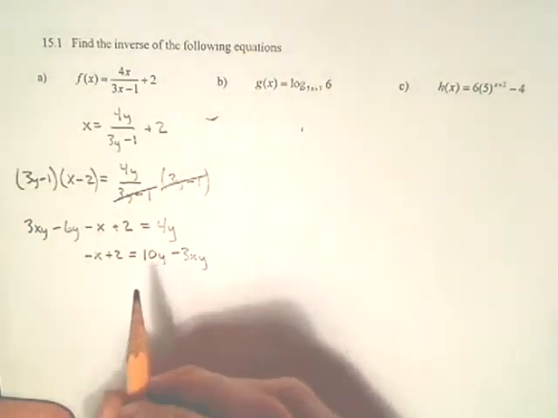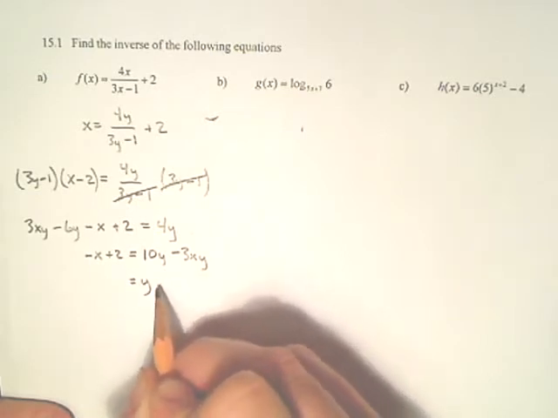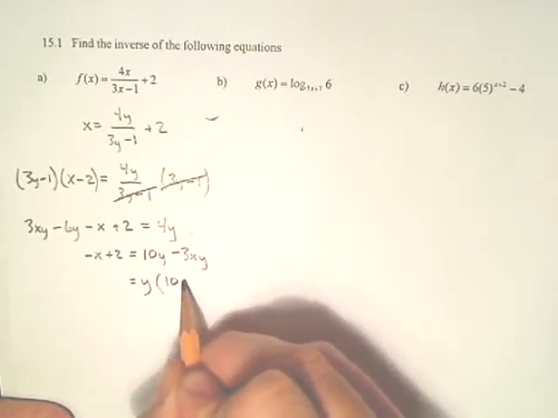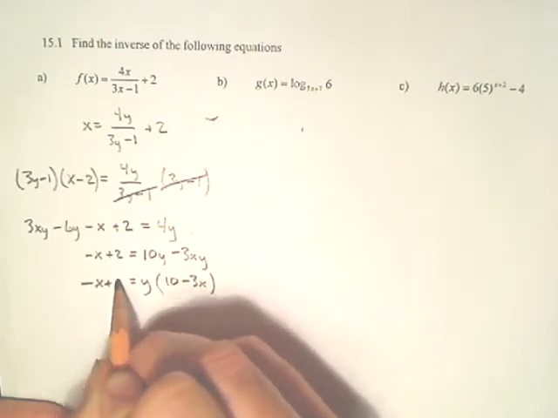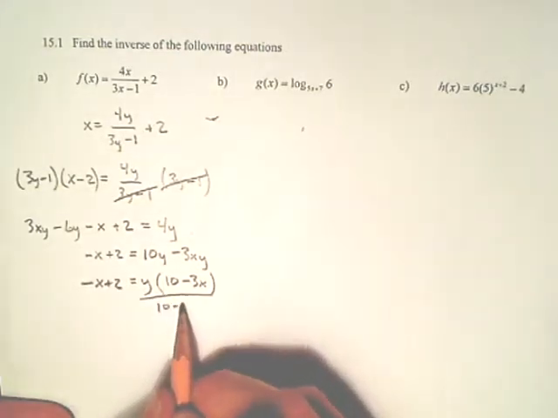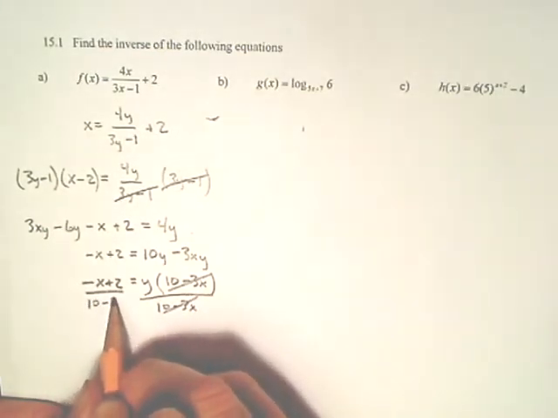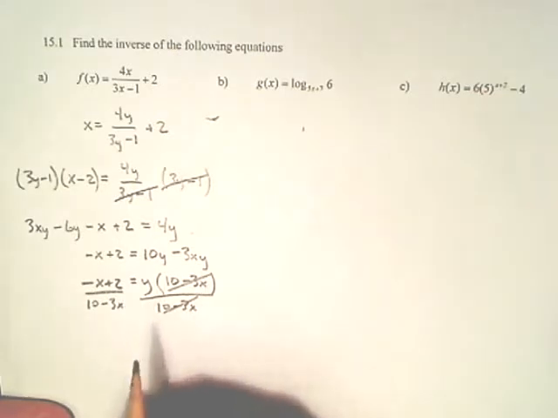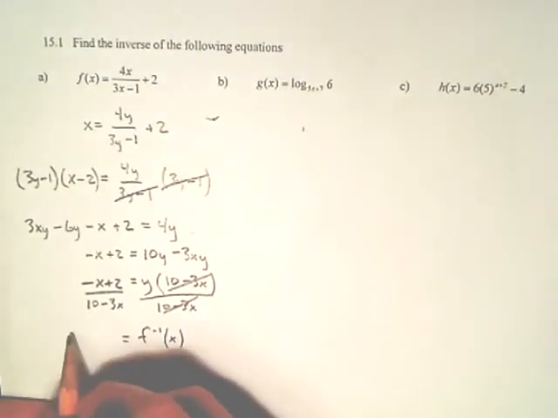So, if they each have a y in it, at this point we will pull the y out, or factor it out, which will leave the 10 and the minus 3x behind. And finally, just divide by that binomial that's next to the y. And there is your solution. You should get used to writing the correct notation. So the inverse of f is equal to